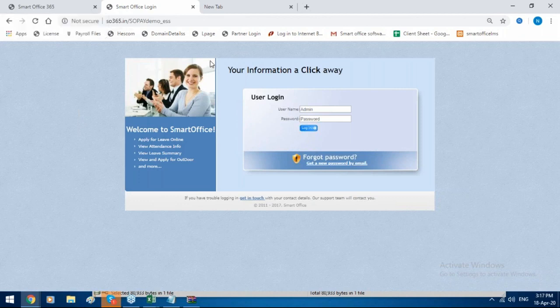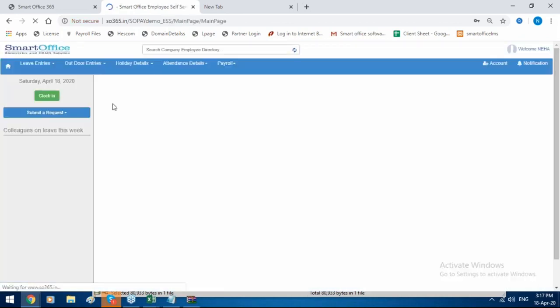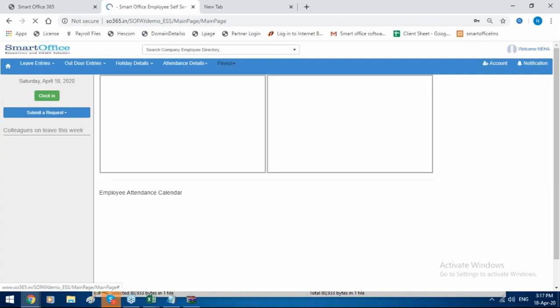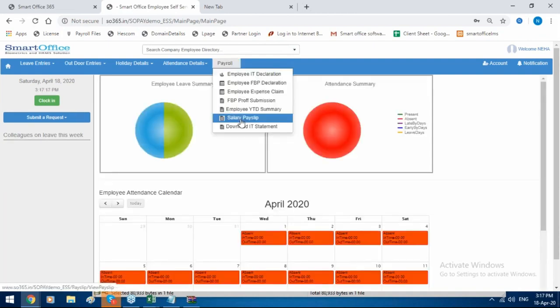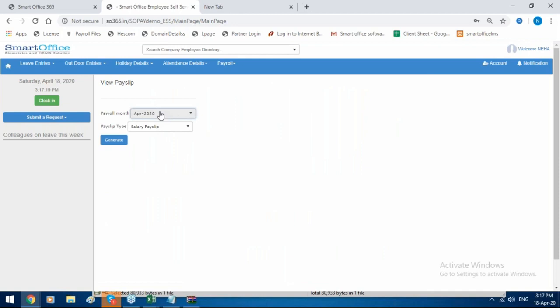This is the ESS portal, called employee self-service login. Almost all the features you will get in the mobile application. For every employee, you will get a separate ESS portal. Apart from the attendance options, they will get payroll also. Like they can download their salary slip from the mobile application.